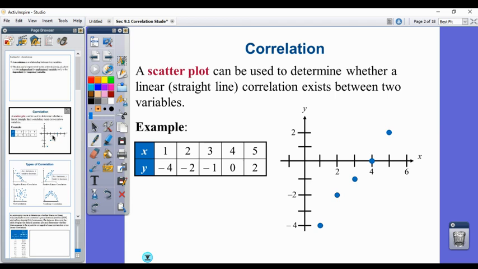So what I've done here is I've taken my 5 points and I've plotted them on the grid to the right. And as you are noticing, when I'm reading my graph from left to right, it's kind of trending upward, okay? So we have some different relationships between our